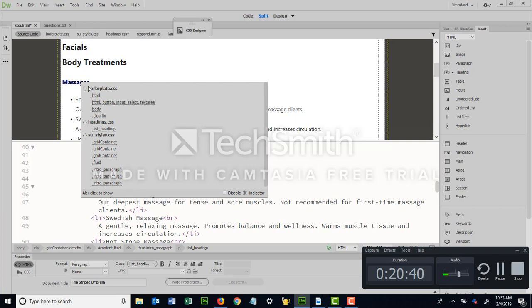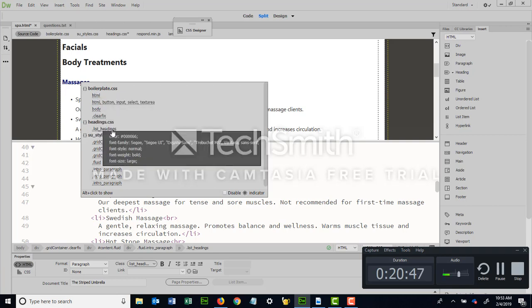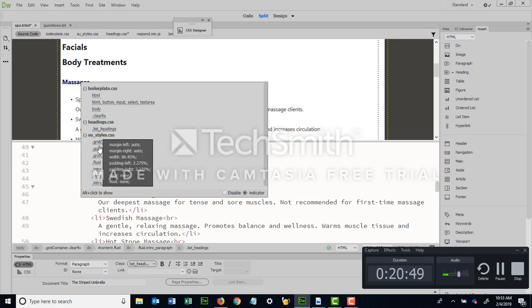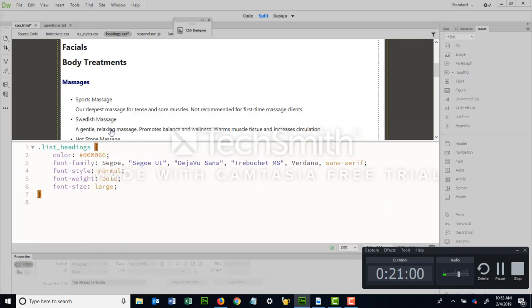So here I can see that through boilerplate, these are the styles that are applied to massages. Headings, this is the list headings that we just applied. And then these are the styles that are applied through SU_styles. Okay, so I'm going to select list headings, and when I do that in the Code Navigator, it automatically opens up the CSS file. So if I needed to modify it through the code, I could go about doing it this way. So here we want to change this to